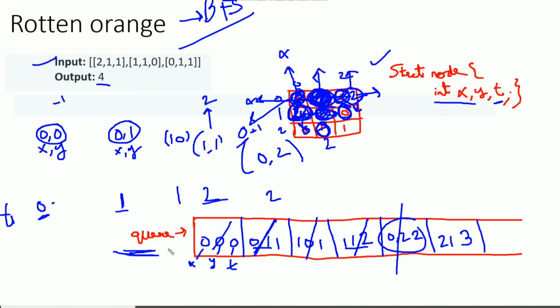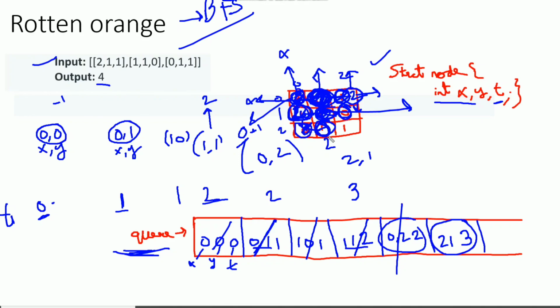Now next we check whether the queue is empty or not. The queue is not empty, so we pop it. We got 2 comma 1 and the time is 3. Okay, so we explore this 2 comma 1 and traverse its adjacent locations. First we go in upper direction, and the cell location is already visited. If we go left, the cell has value 0, so no need to perform anything, just return back.